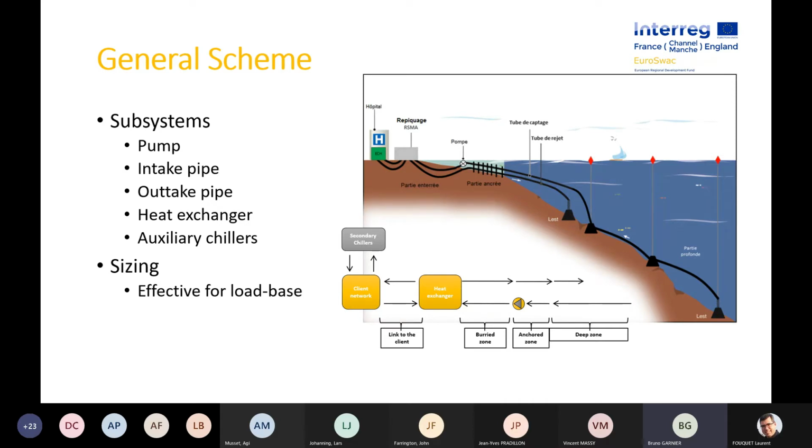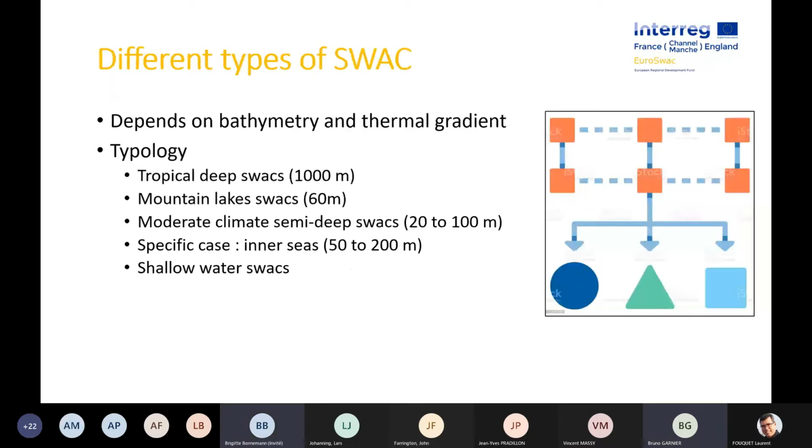The sizing of a SWAC. A SWAC must be sized for the load base, and I'm going to explain this more in my second presentation about research and development. There are many different types of SWAC. The most classical SWAC is the tropical deep SWAC,